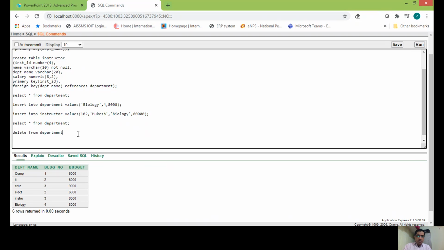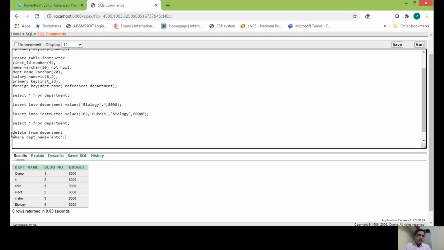But let us see it along with the where clause, where name is equal to, this is the predicate condition, and the value is not associated.